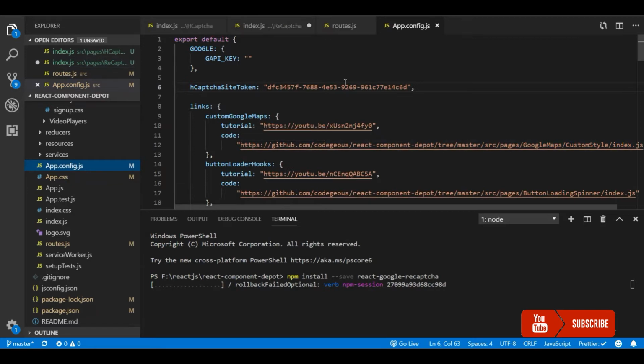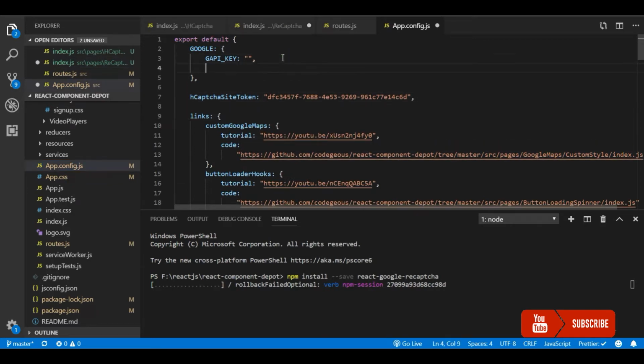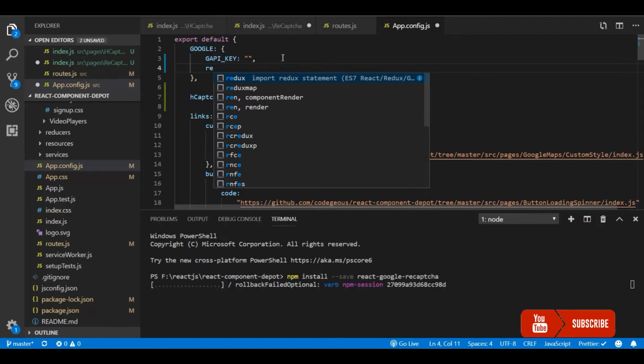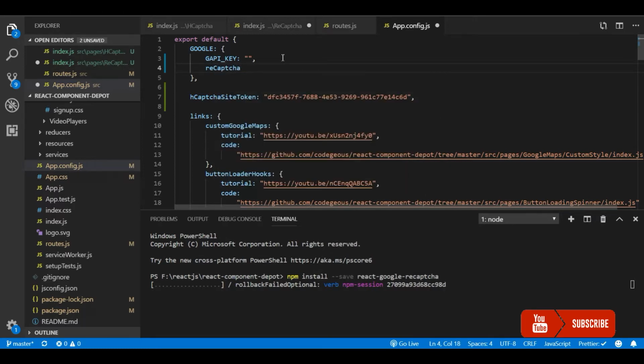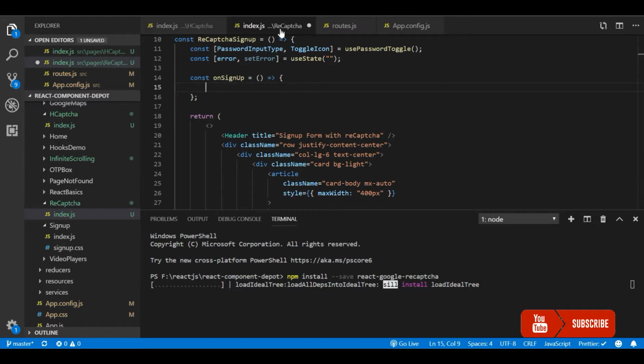You can find the source code of this, but this key will be deleted because I'll be deleting this reCAPTCHA application once this demo is done. So you should be able to create your own key and use your own key there to actually see if it is working.